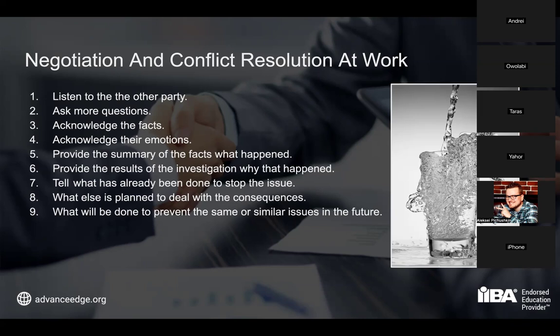Once you share that, then you can tell them what has already been done to stop the issue, then what is planned to be done to deal with the consequences. Right, like we will return the money to them, we will restore the account, all the information in their profile. And then you're also discussing what else can be done to prevent similar issues in the future. For example, we have turned this functionality off not to charge anybody else right now. We will do this and that to deal with the consequences for those family accounts that have already experienced the issue, and we will do this and that not to let this happen in the future again.